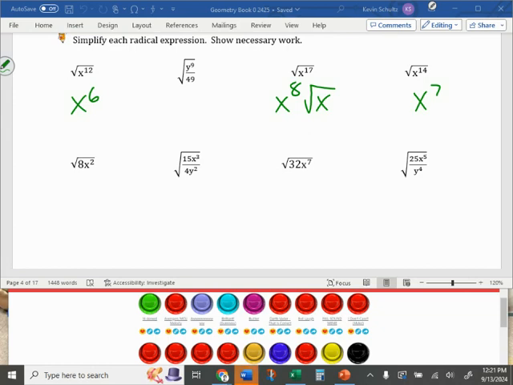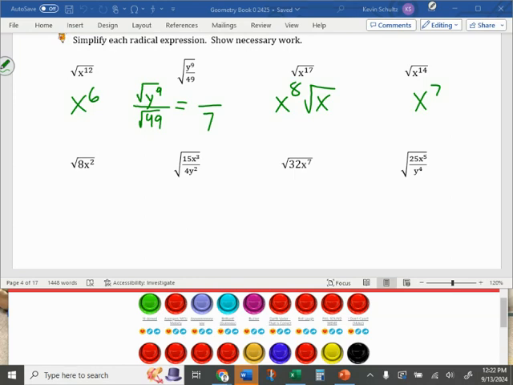The one we skipped over, that fraction, who remembers what the math hack is to divvy up a fraction when you got roots involved? You can take the root of the numerator, so the root of y to the 9th, over the root of the denominator, 49. You can do that separately. The root in the denominator is a perfect square. That gives you 7. So all you're left with really doing now is taking the root of y to the